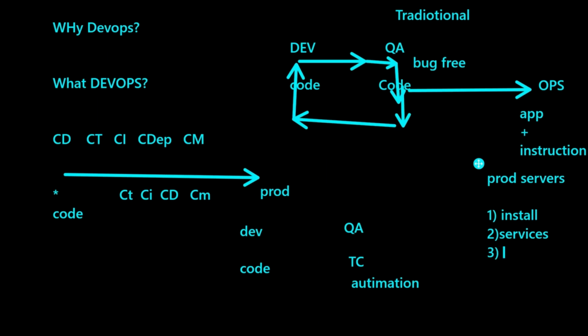Also, maybe during this installation process, there might be some errors coming up. They need to fix the errors. Also, it's not just simply installing Java. They should make sure they are installing the right version of Java that is compatible with the app. Am I correct? They cannot install whatever they want, like Java 8, Java 11 and all. They should install the Java which is compatible with that.